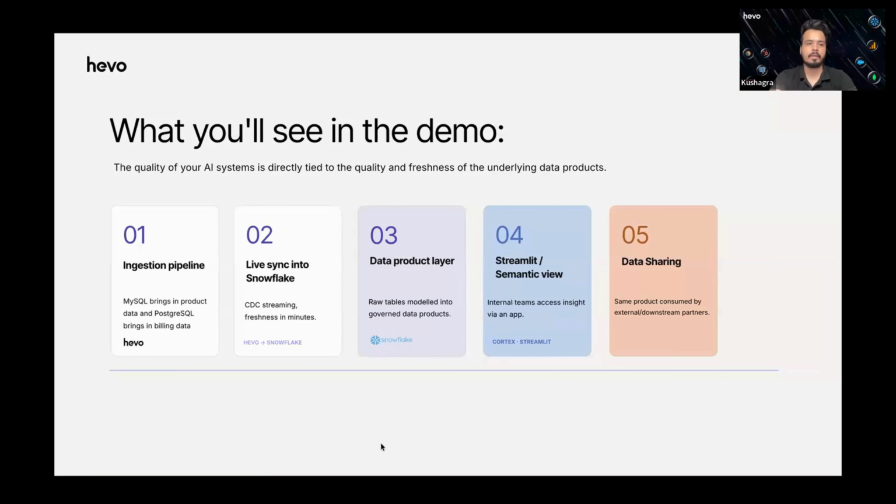So what you'll see today is a live creation of a pipeline bringing data from these OLTP sources. Like I mentioned, our MySQL comprises product data, our Postgres comprises billing data. So we'll be creating a live pipeline on that, syncing this data in minutes into Snowflake. Then once the data has landed into Snowflake, using that raw data, Mandeep will show us how a product is created, followed by the delivery of that product using Streamlit and Semantic View, and then how we can share this further to any internal or external user using data sharing. So